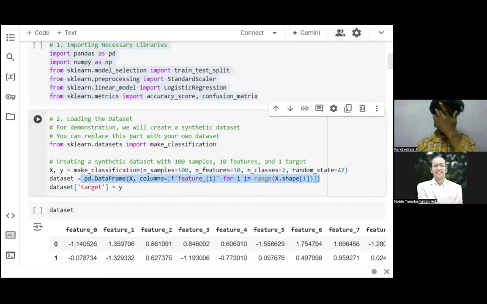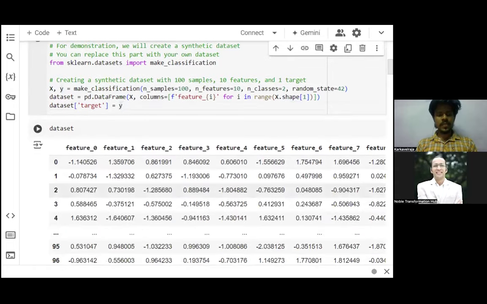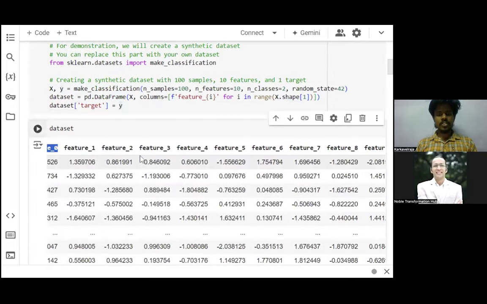I'm executing the for loop so that I can get the shape out of it. It will run 100 times, creating the features and 100 records. That's it. Whereas y is the target value. You can see y will be 0 or 1. When you display the data set, you can see feature 0 to feature 9,